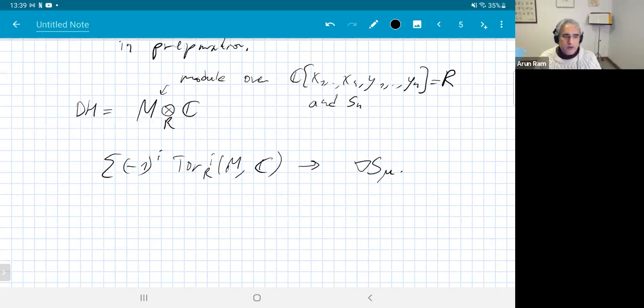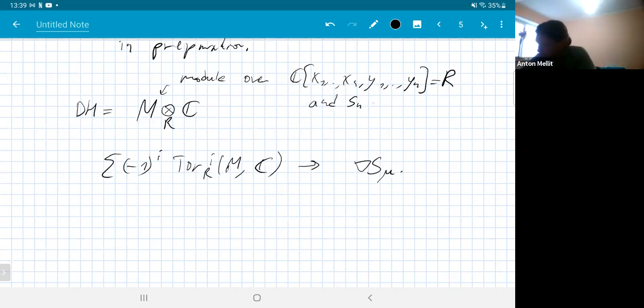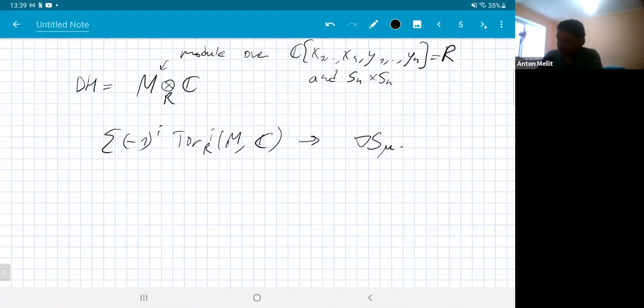Where did mu come from? So mu was, okay, oh yeah, no, there are two Sn actually. I didn't prepare this for this talk, so I have to think about it. So there are two Sn actions. There is some module, it's easy to write what it is. You have to say that it is an image of